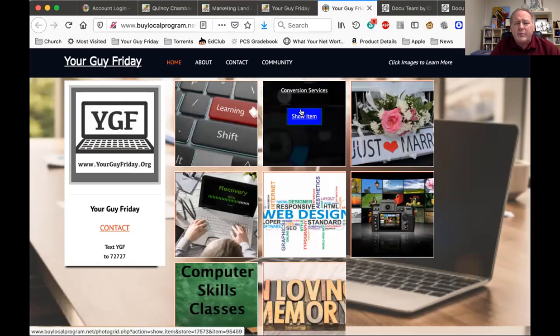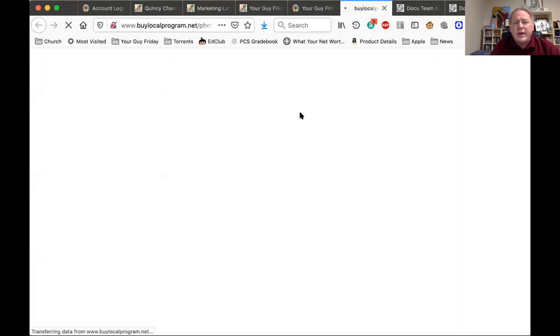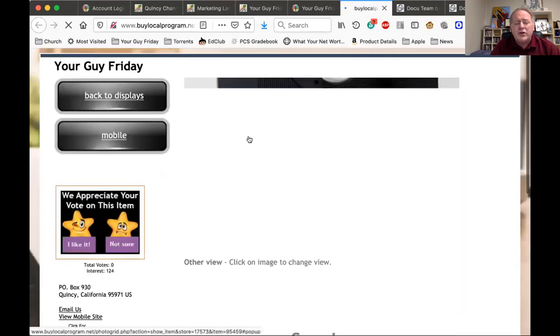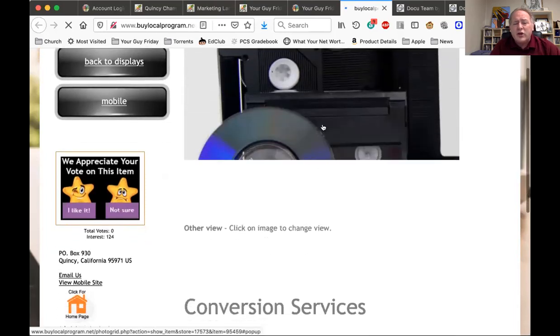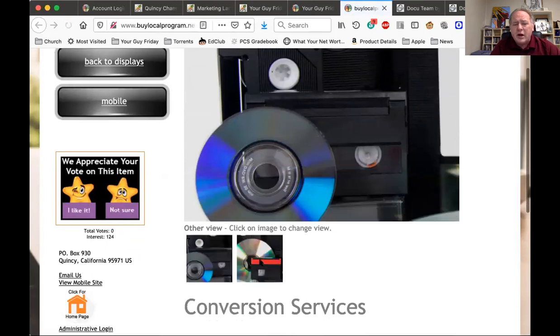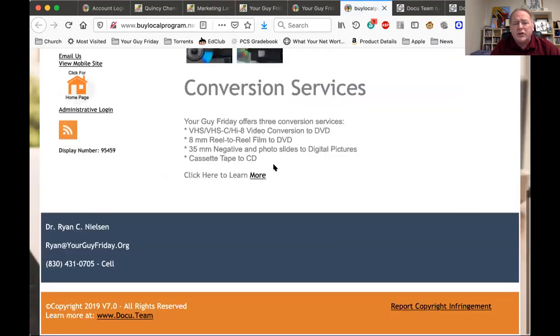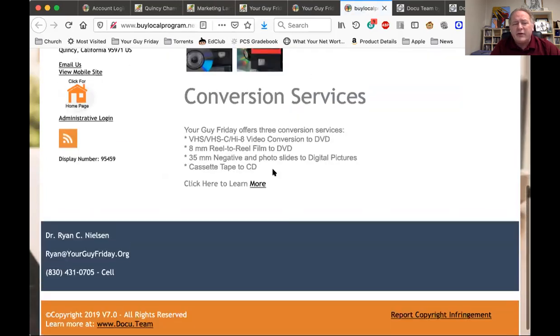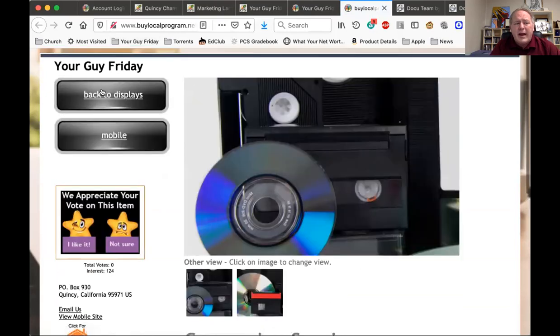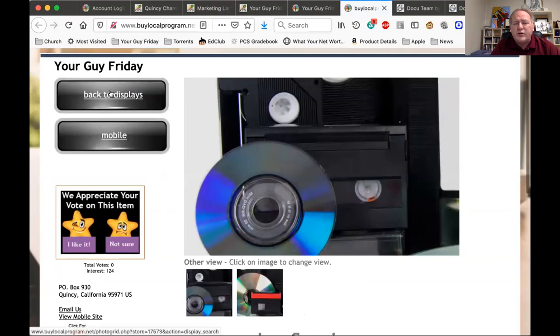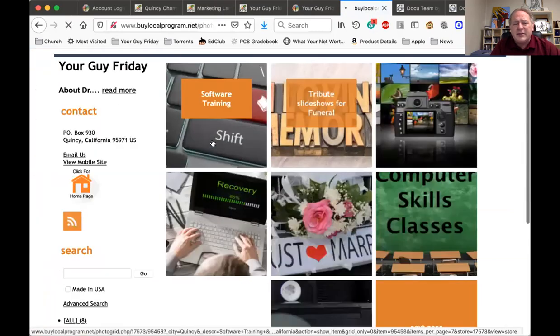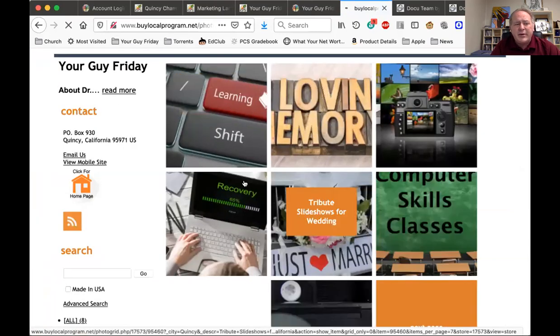And so on any of them, like conversion services, if they click on it, it is going to show the entire description. You can have multiple images on there, but it's going to show the whole description of what is offered. Again, back to displays, a mobile view. You've got a whole lot of features here. We can go back to the displays, and that takes us back here.